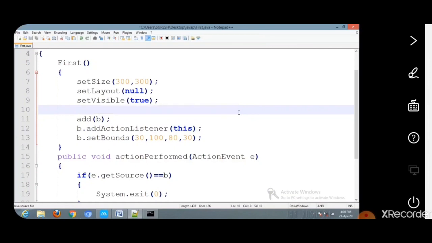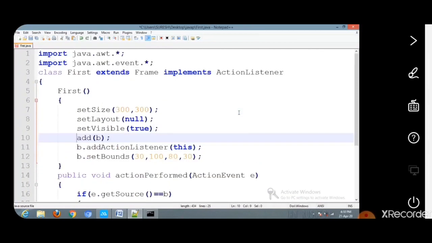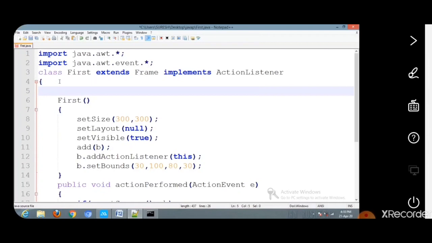That is, we have to insert the creation of the button object inside the class, which is common to both methods, the constructor method and the actionPerformed method. Then let us check whether the error is resolved or not.